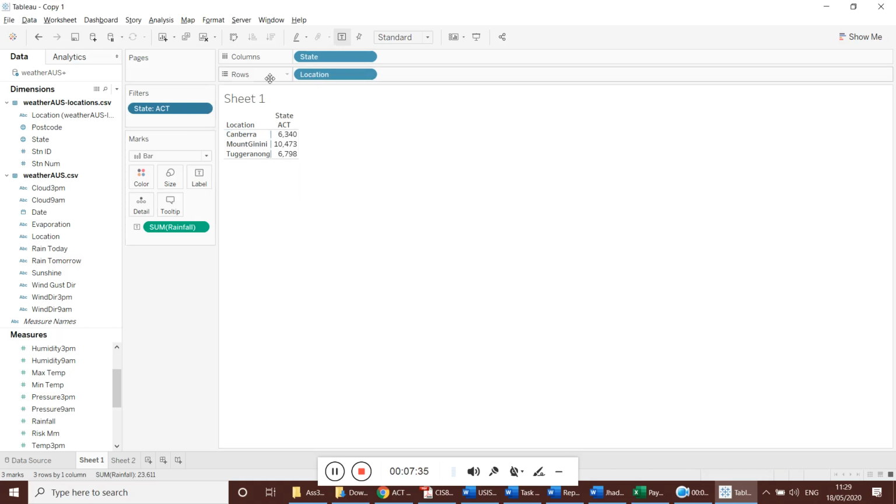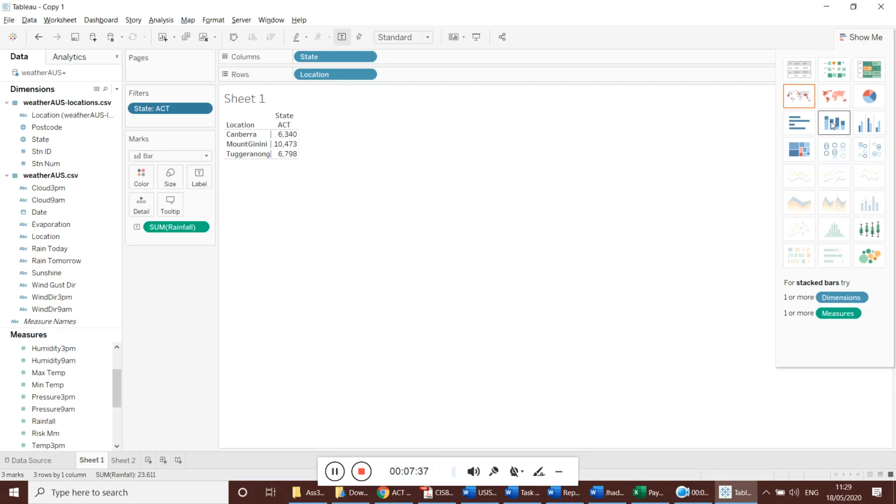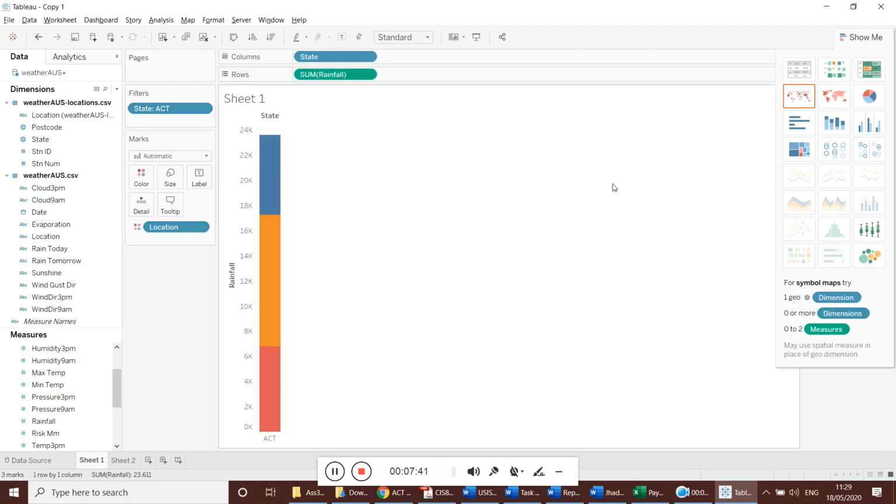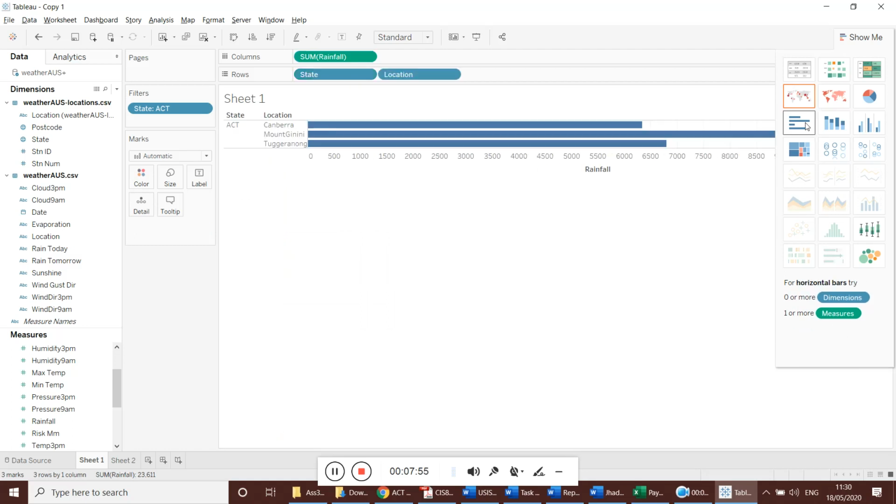So this is one particular way of creating a data table. I want to use some bar charts maybe. For example, like this. These are three different color bands, and each color band shows the value of a different location. We call it stacked bars. So bar chart, this is one.